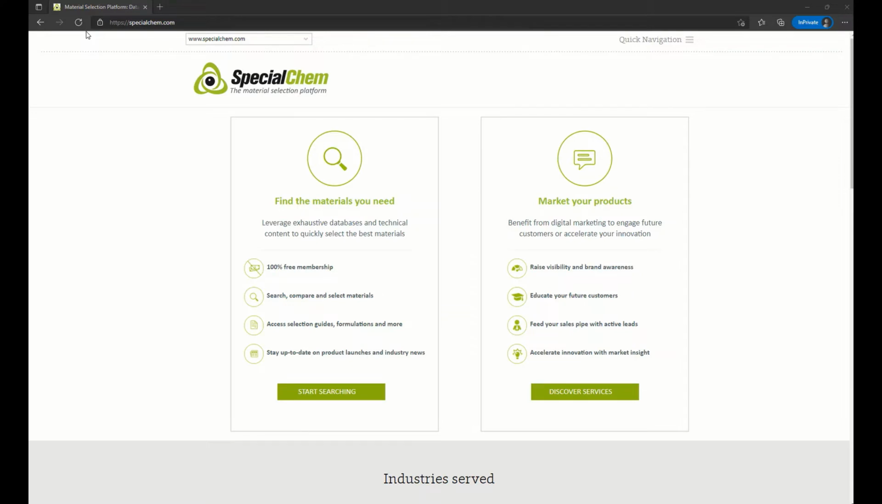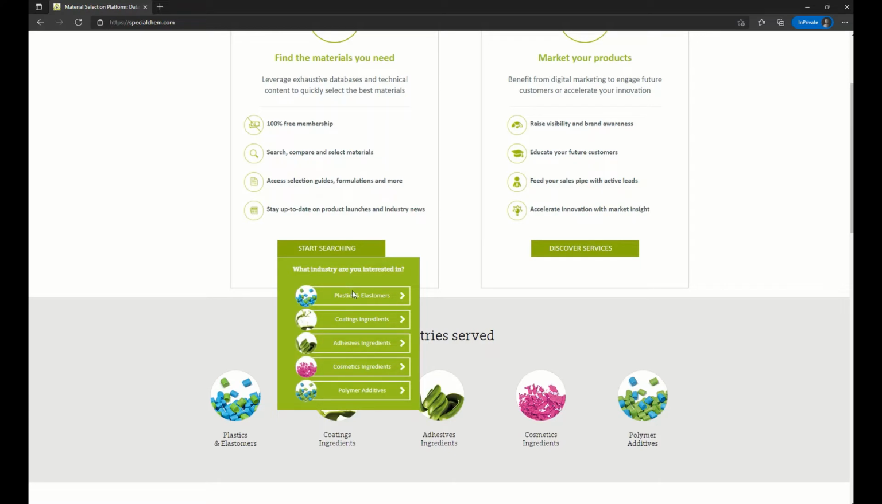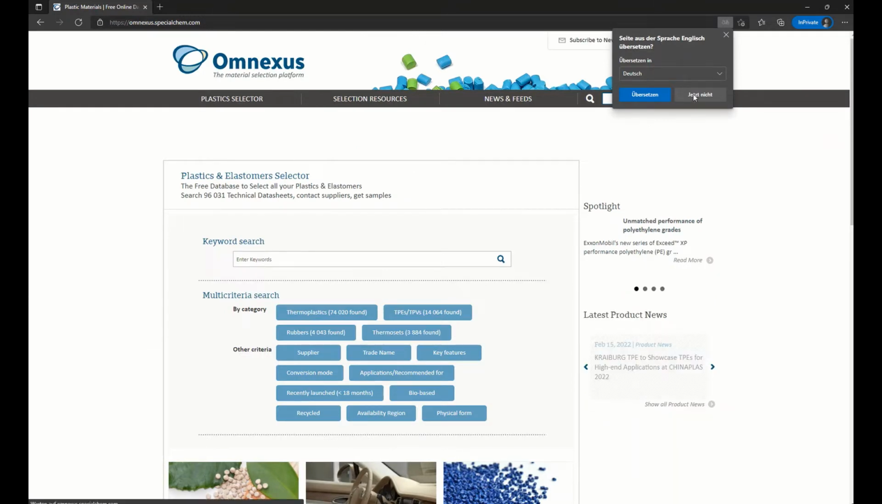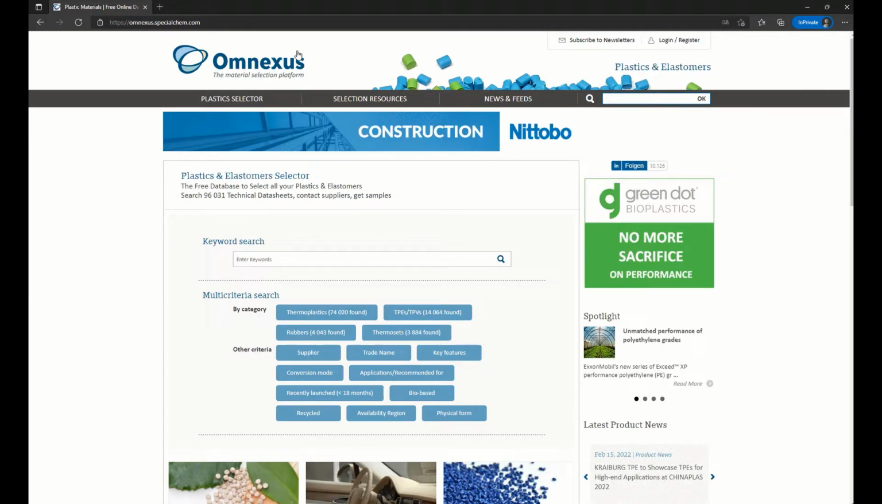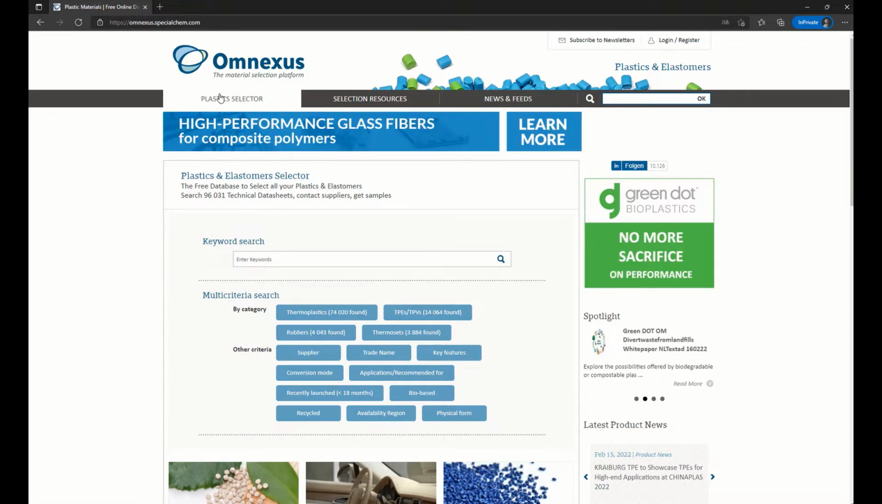Okay, let us start with SpecialChem, the first one. So as you can see here, opened in the browser SpecialChem.com, and here you have two options: find the materials you need or market your products. We go here to materials, start searching, and then you can see what industry are you interested in. We have plastic, elastomers, coatings, adhesives, cosmetics, polymer additives, and here we want to go for property data to plastics and elastomers. And then it opens Omnexus. This is their material selection platform, and you have the plastic select itself for different grades,